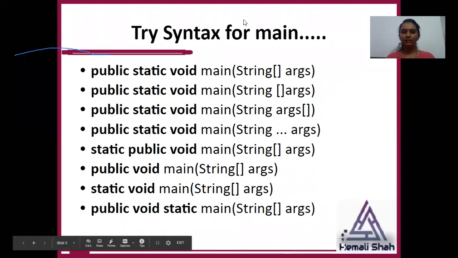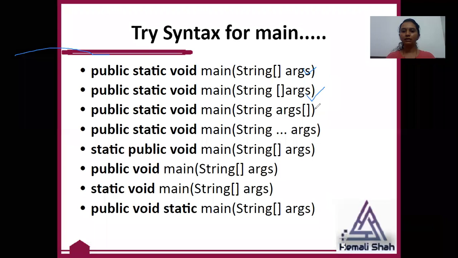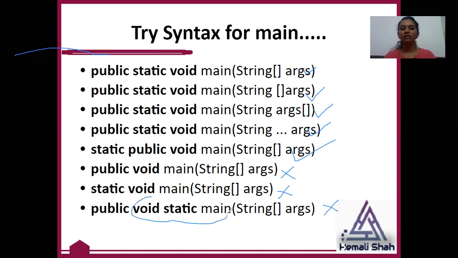First is valid, second is valid, valid, valid. This is again valid, valid. This is not valid because the static modifier is missing. This is not valid, the public modifier is missing, and this is not valid. It generates the compile time error because the syntax of the function is incorrect in this case, right?